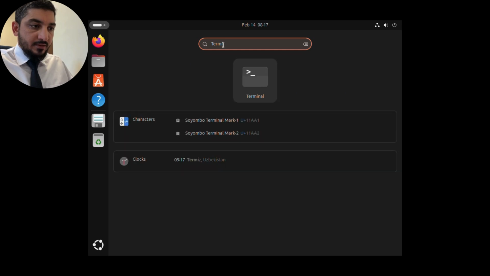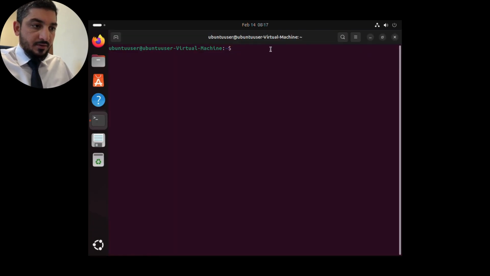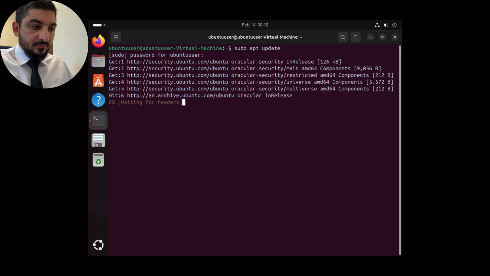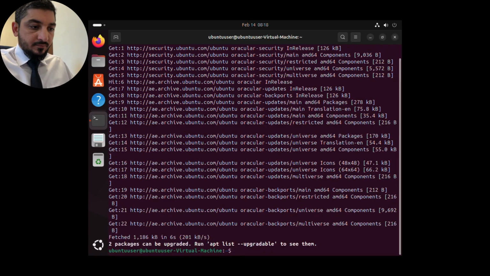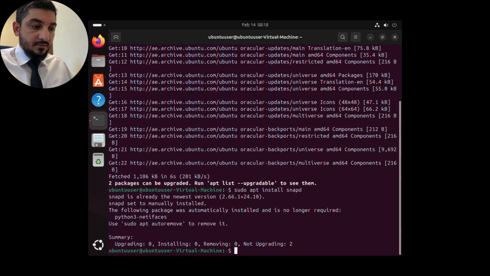Then we'll write a simple command, sudo apt update and upgrade. So first I will just update. It's updating. Snapd, I will just install Snapd. Then it's installed. Now I will just install the PyCharm